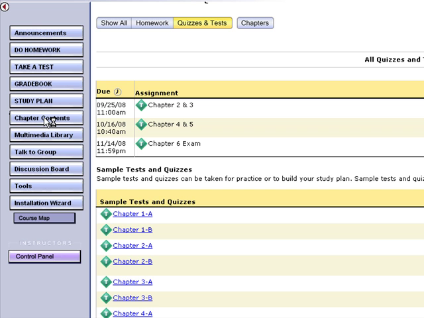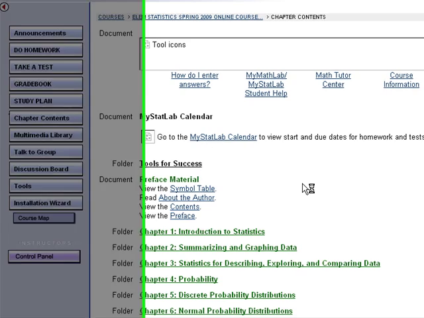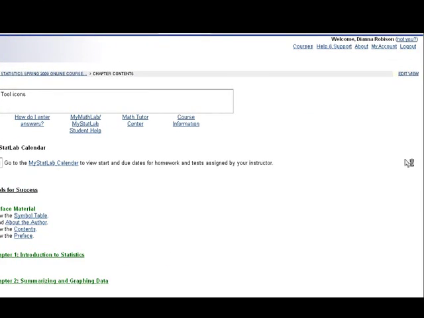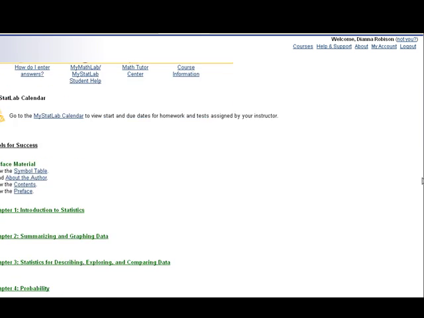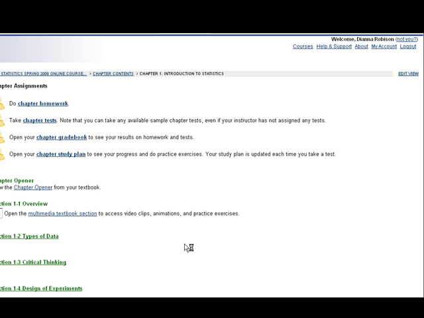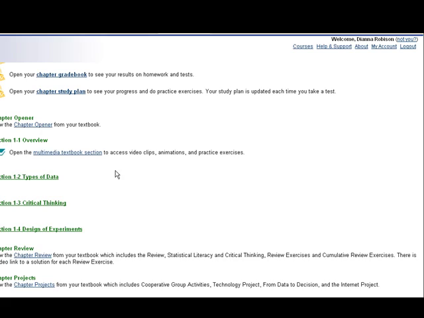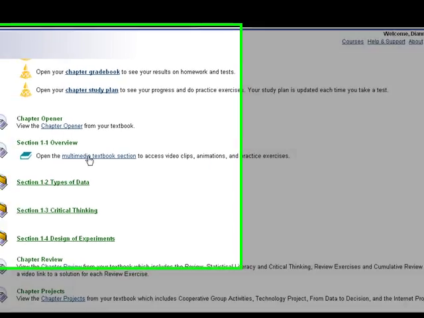The last piece that I want to show you in CourseCompass is the chapter contents. This is your entire textbook online. It's a PDF file. So you can print these pages out and put them in a binder and make notes on them if you like. So here I'm going to select Chapter 1, Introduction to Statistics, and it's going to give me all the different sections in Chapter 1, which is what your first quiz will cover. I'll select Multimedia Textbook section,